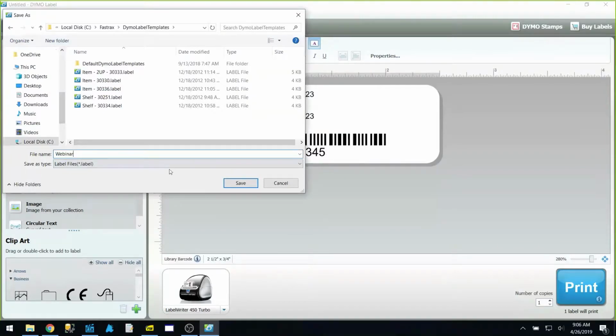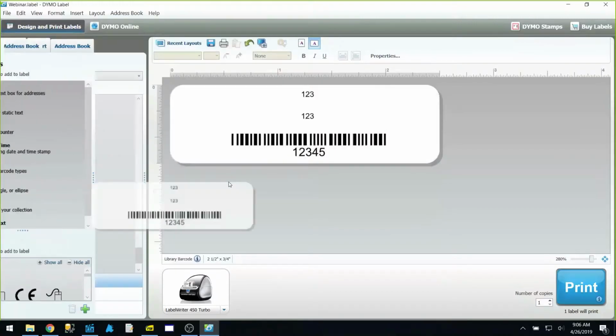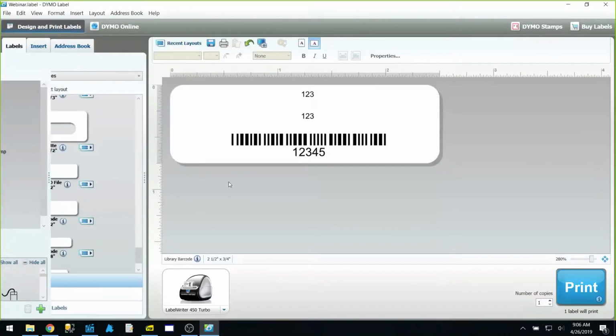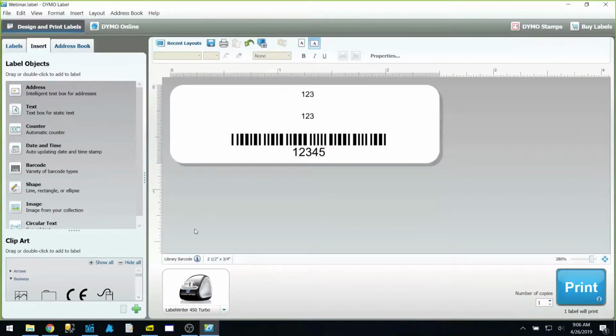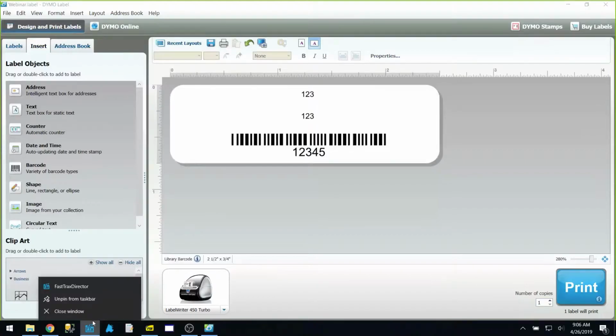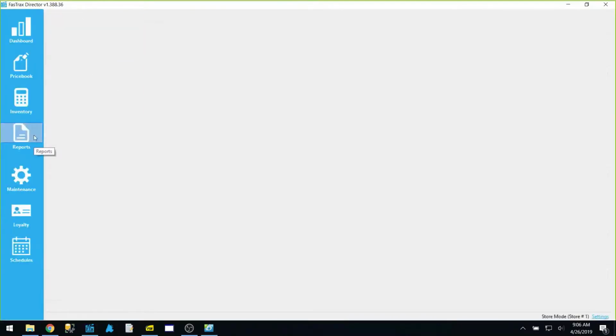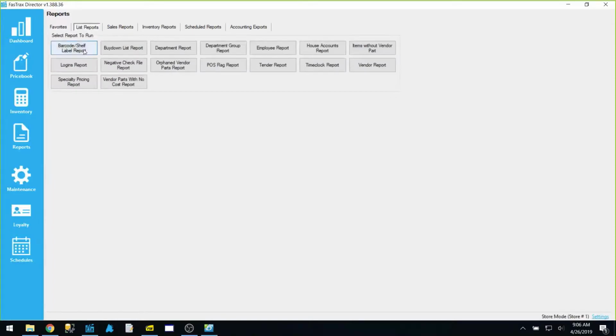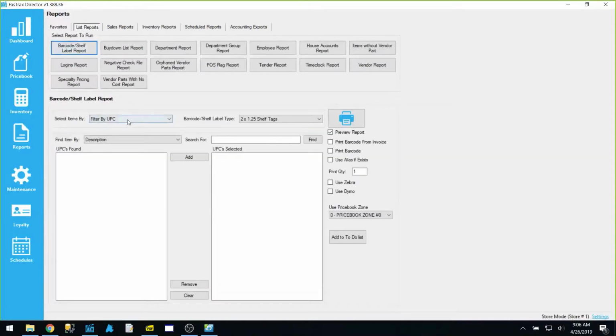I'm just going to call this label Webinar. And that's going to save that to my computer in that specific folder location. At that point, whenever I reopen Director and go to my reports, my list reports, and my barcode shelf report, I can then actually choose the option to use